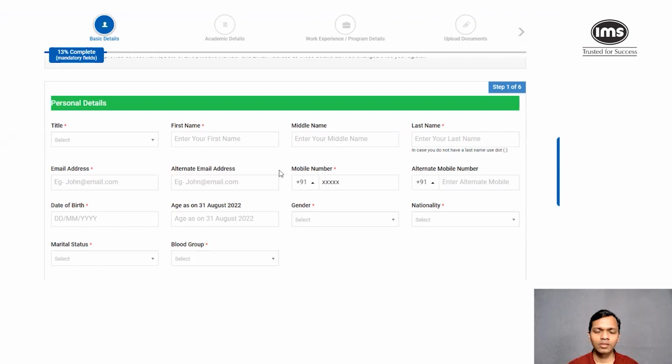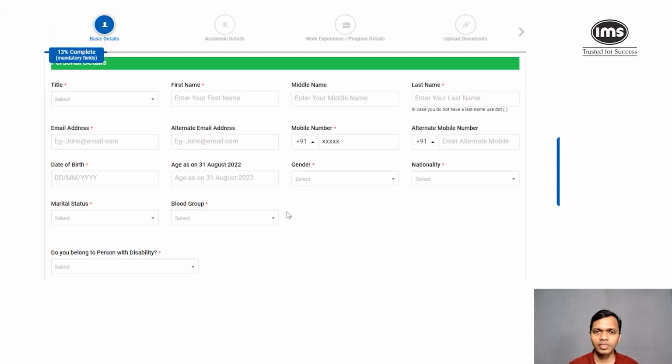You will have to fill the other data points which are mandatory. So you start with the title, the middle name, the alternate email address if you want to give it. It's an optional field, but it will be a good idea to give that. Then the alternate mobile number, date of birth, age as on 31st August, your gender, nationality, marital status, and blood